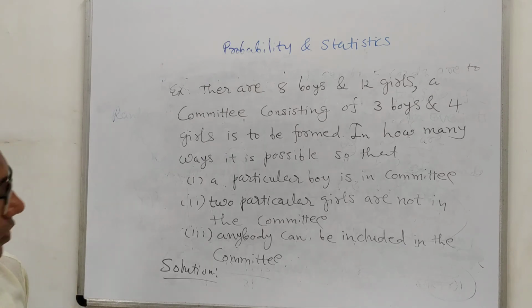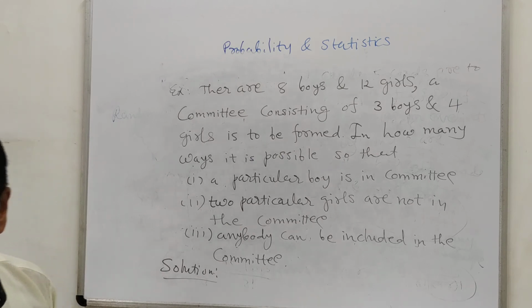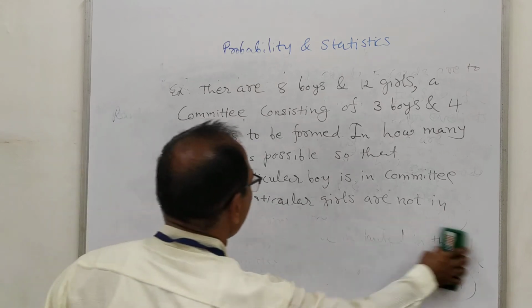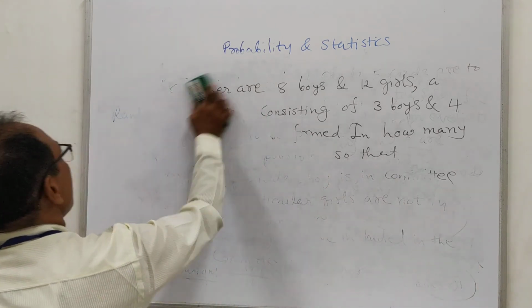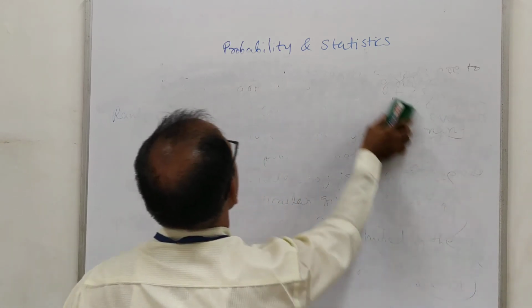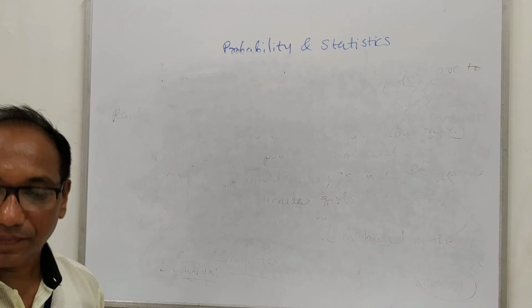So students, you must have understood this topic, and you can study these examples and these concepts for the next lecture, next session. In the next time, we will see